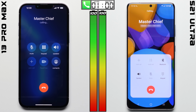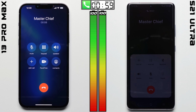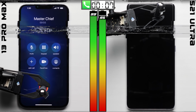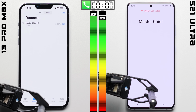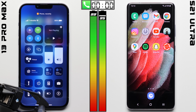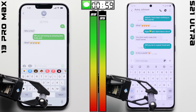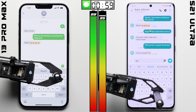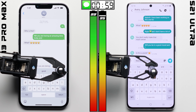Alright, we'll kick things off in the phone test, where each device is going on the same 1-hour phone call, where 60 minutes later, the iPhone is only reporting a 1 percentage point drop in its battery, falling to 99, while the Galaxy falls all the way down to 95. But the thing is, the iPhone kind of tends to over-report on its battery life early on. I think Apple does this to prevent people from overcharging their phones,